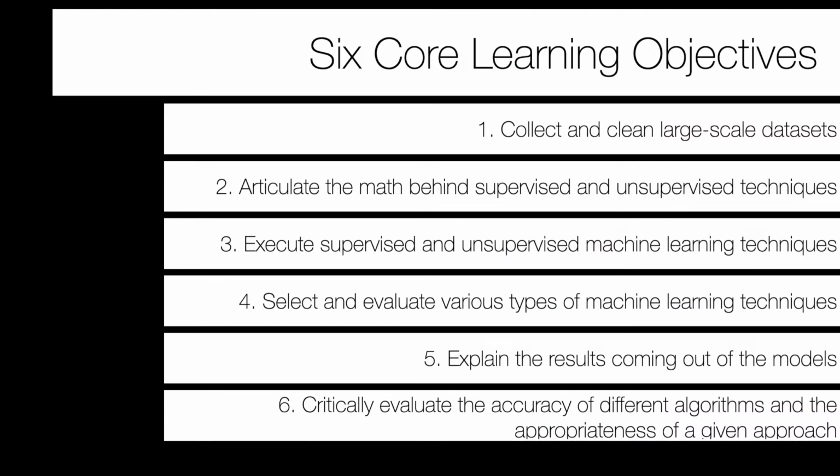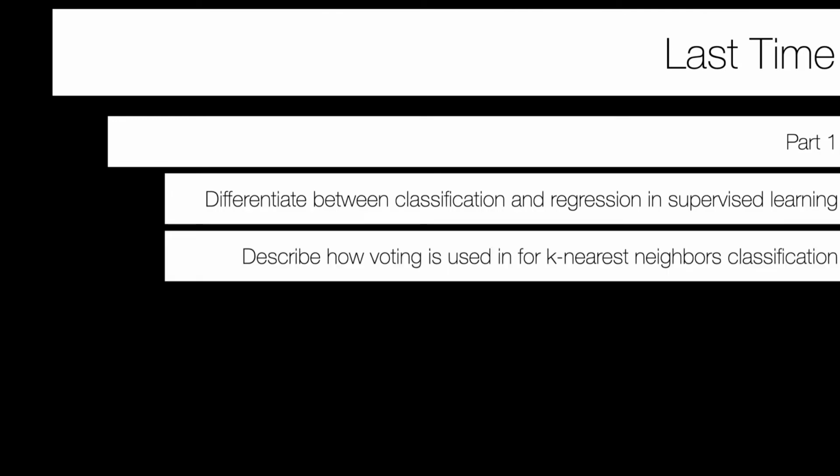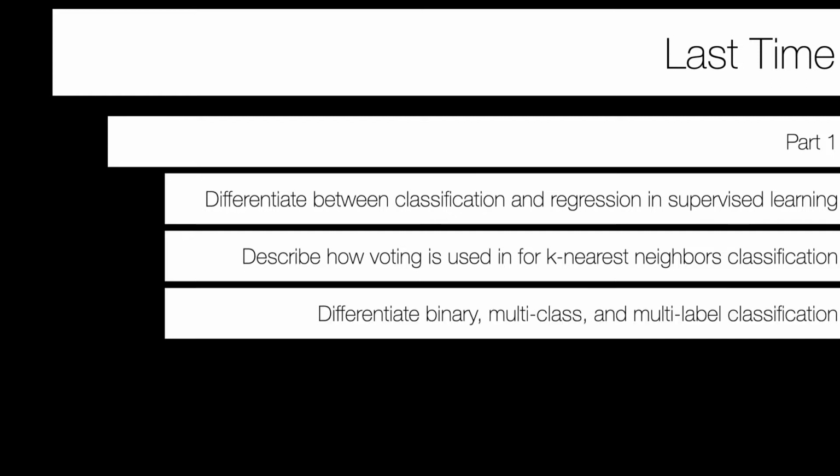To restate where we are in the course, we're focusing on the math behind supervised and unsupervised techniques and being able to execute them. Over the past several weeks, we've gotten better insight into supervised versus unsupervised learning and some math behind it. Last time, particularly, we talked about classification versus regression in supervision. We talked about voting and k-nearest neighbors for classification and even regression,